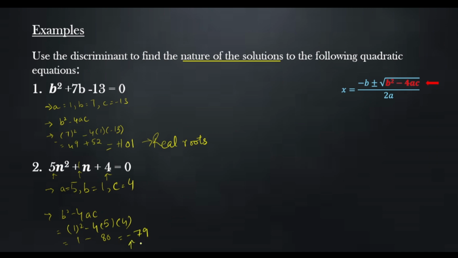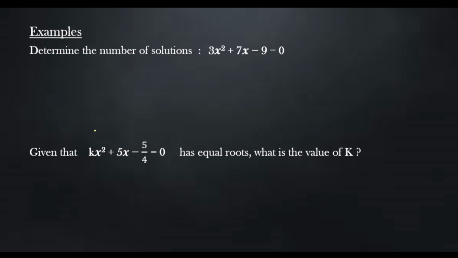So look here, we have a negative sign. That means we will be having complex roots. These are the nature of these roots. Now determine the number of solutions. For that, we have to again simply